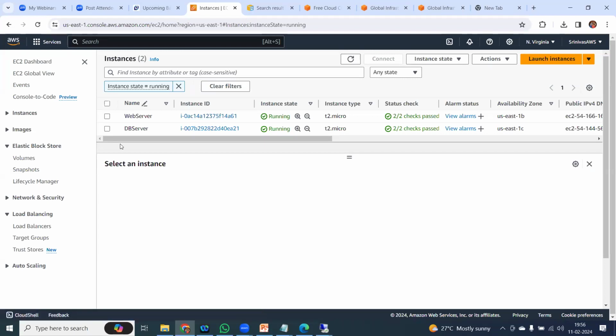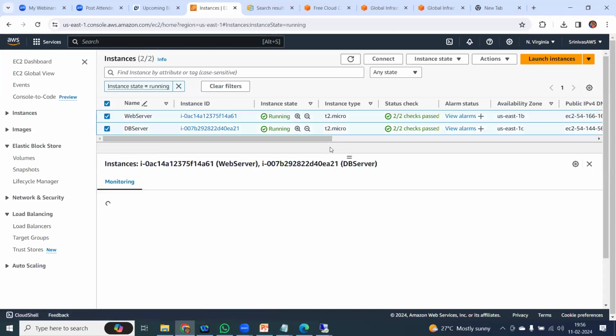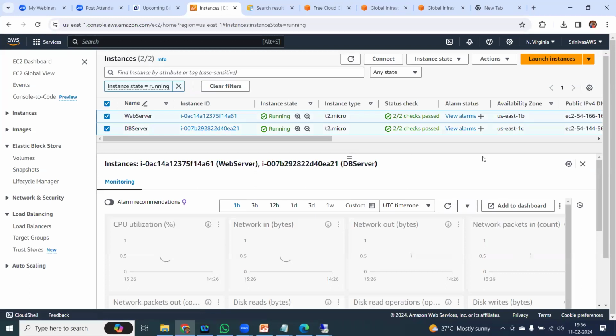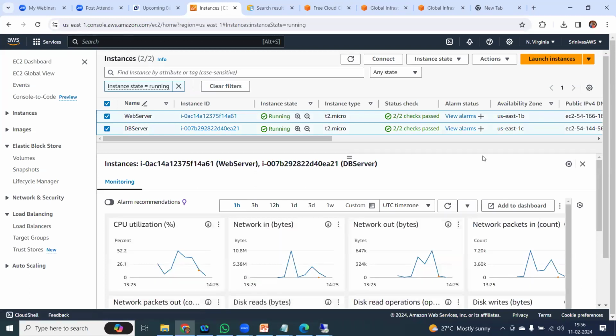Once your practice is done, you need to delete these instances to save your free tier eligibility. If you leave this instance as it is, what is going to happen? 1 hour, 2 hours, 3 hours, 24 hours, it is going to deduct from your free tier limitation of 750 hours per month. After 750 hours, whatever the charges are, in the launch instance screen, you can find out what the